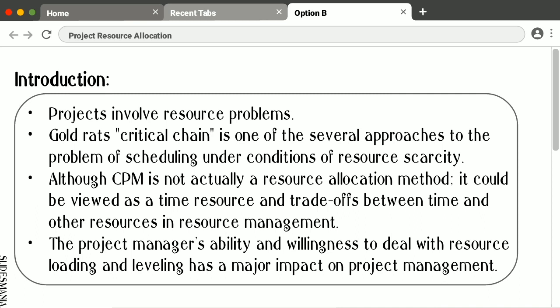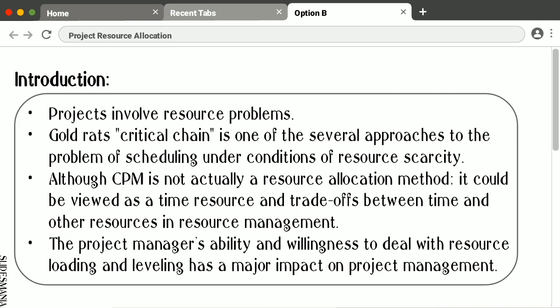So, projects involve resource problems. These difficulties include trade-offs, the differences between allocation to one project and allocation between multiple projects, the relationship between resource loading and leveling, and some of the approaches employed to solve allocation problems like the critical path method, constrained resource diagramming, and scheduling. Goldratt's critical chain is one of the several approaches to the problems of scheduling under